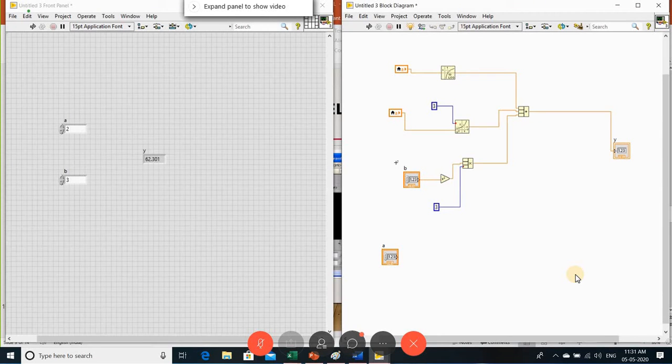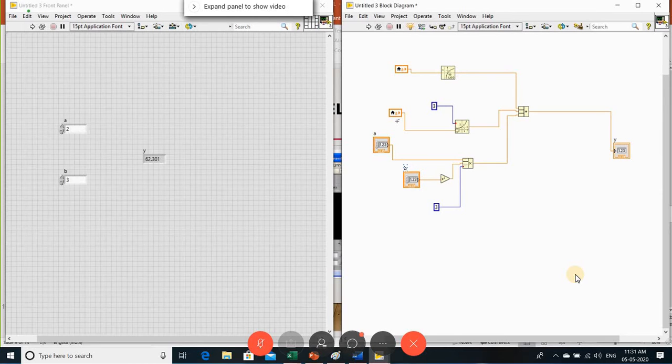Are you observing, sir? I'm redoing that. I'm running continuously with the highlight of execution. See, first the values are taken here and this is executed, and then it comes to the local variable and executes this. So first the physical variable where you take the values, and later it transfers the data to the local variable.